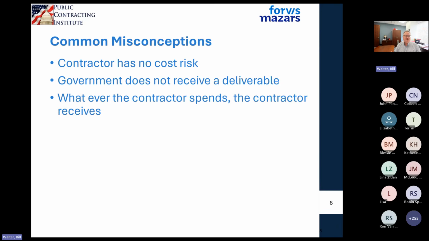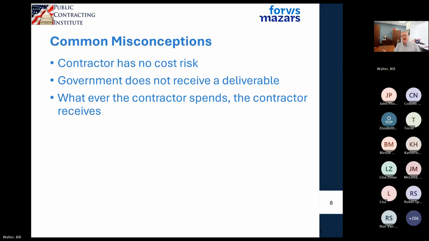Well, they do. They receive your best efforts. You provide whatever documentation you have, whatever materials you've purchased, all of that stuff. Once you bill it under a cost type contract, it becomes the government's. So the government does get something. They may not get the deliverable that they were hoping to get in the scope of work, but they will get all of the information, all of the elements associated with what you did to try to get to that